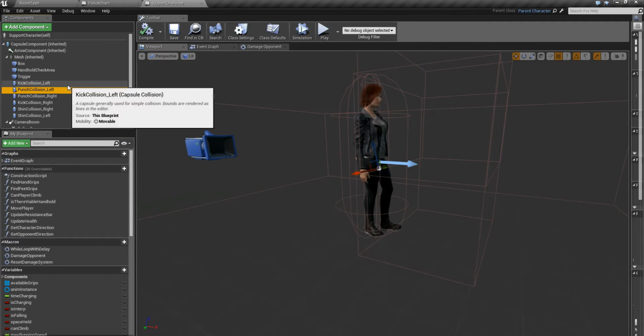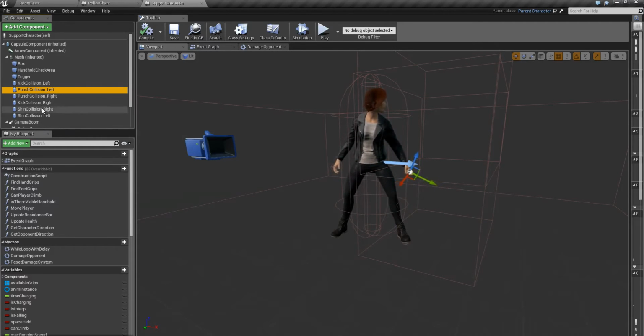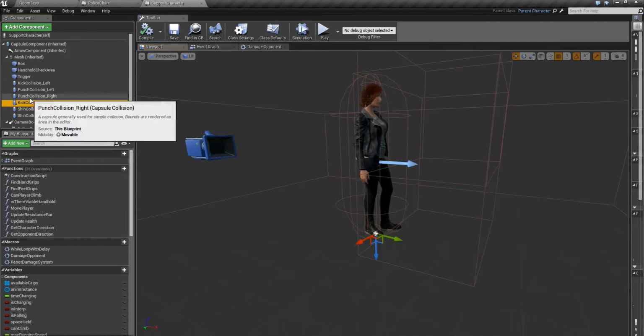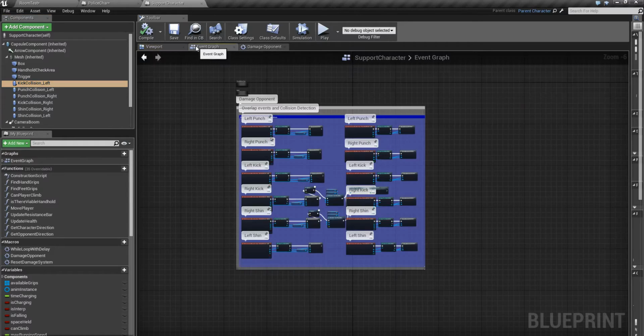But what we use here is a couple of colliders for the hands, a couple for the feet, and a couple for the shin. And you can see them in here, placed on the body of the support character. And as you can see in the event graph,